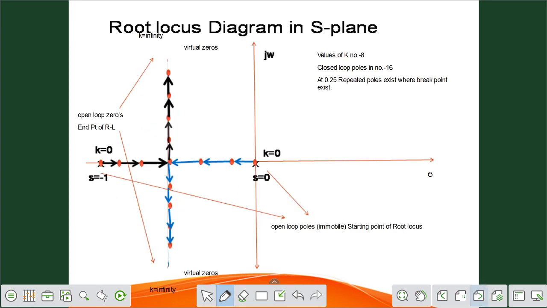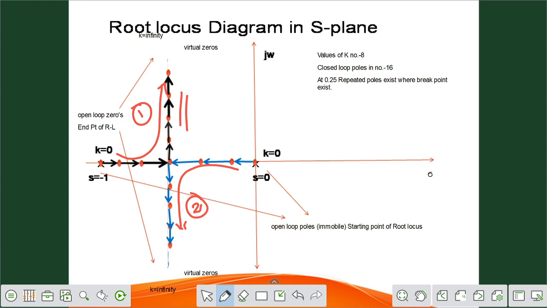So in the next picture, I can see if I am meeting all these points, this red color path represents one root locus, and this another is another root locus. That means there are two branches available. There are two branches of the root locus basically. One key point here: always root locus starts from open loop poles and it will end at the open loop zeros.